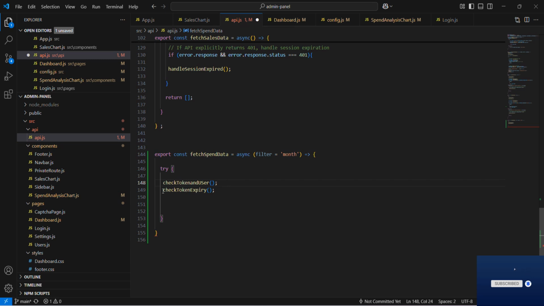First is checkTokenAndUser function, and second is checkTokenExpiry function. These functions verify the validity of the JWT token and handle user authentication. Once authenticated, we extract the user information using getTokenAndUser function. Next, fetching necessary authentication headers with getAuthHeaders function to ensure secure communication with our backend.